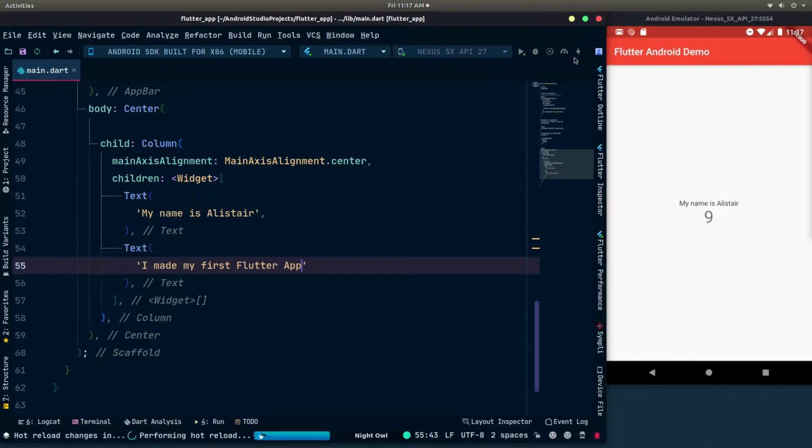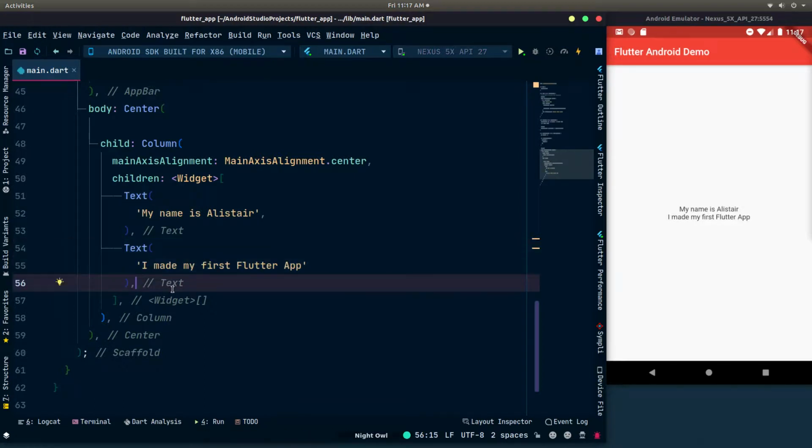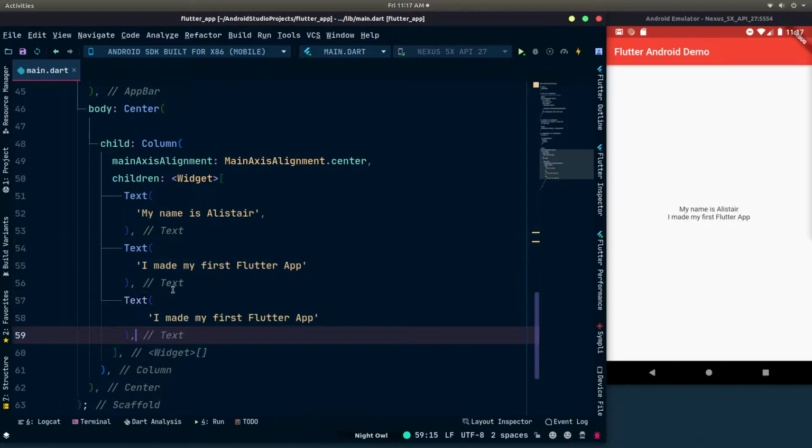Alright, and as you can see, we've made our changes and they're reflecting. So let's say I want to add another text widget right below this one. So I'll just copy this and then paste it there, and then I'll write here